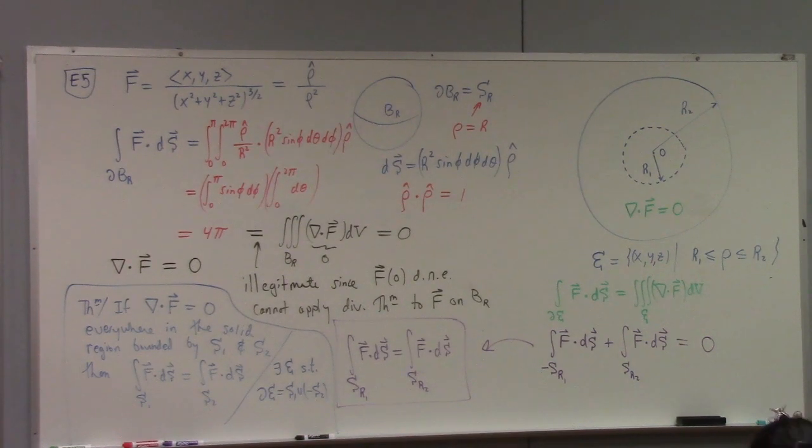So let me put it in words though. What this is saying is that if the divergence of the vector field is 0, if we calculate the flux through one surface, if we take that surface and blow it up to another, just think about like